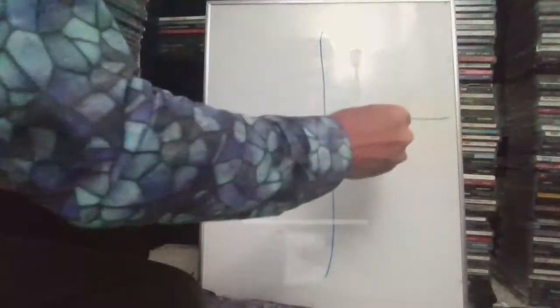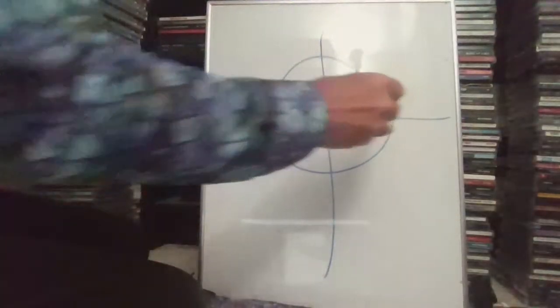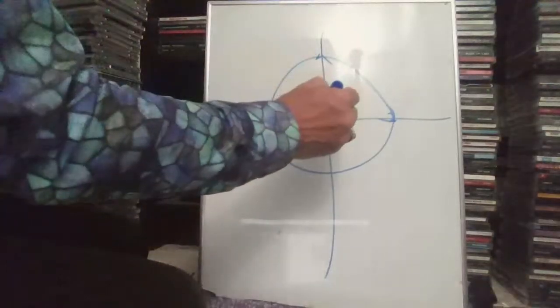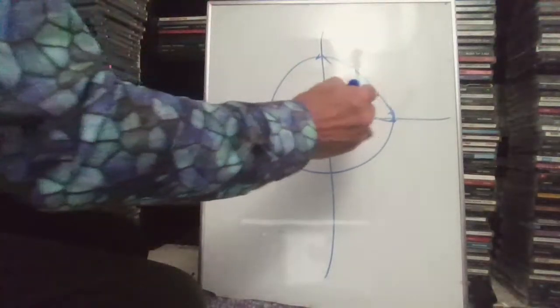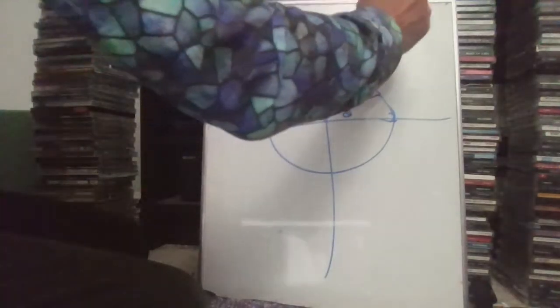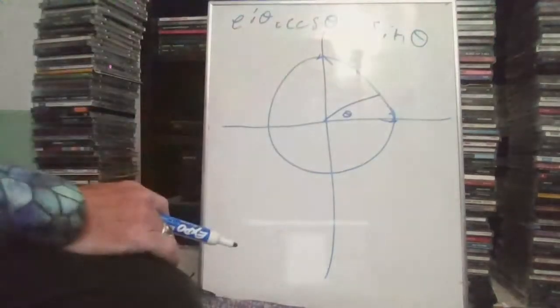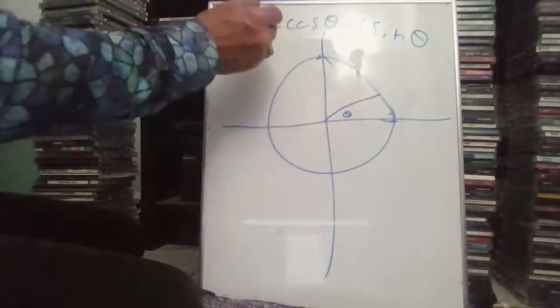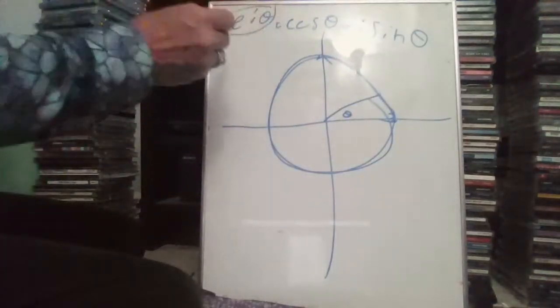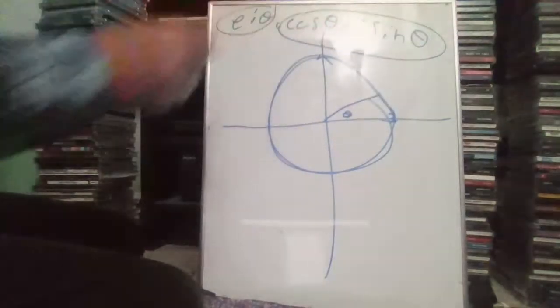So why do I go on about this? Because this is why. I'm going to go back to what we started talking about at first, when we had the complex plane. I had the circle, and the real part is the x part, the y part is the imaginary part, and it turns out that if this angle is theta, then e to the i theta equals cosine theta plus i sine theta, which is Euler's theorem. So a function of theta, the angle, going around and around the complex plane is equal to this, e to the i theta. And it's equal to this, which is called Euler's formula.